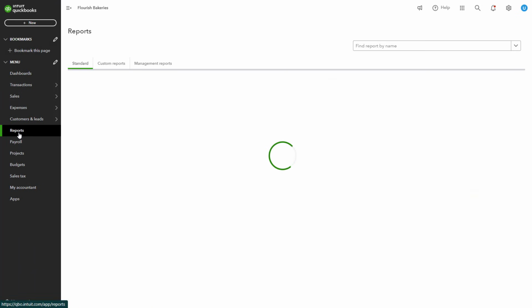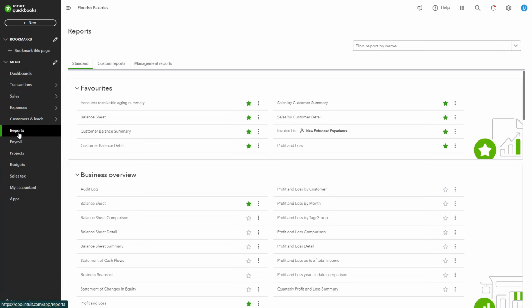QBO offers a variety of customer reports to help you monitor and analyze your customer interactions, sales performance, and outstanding balances. Starting off with the Customer Balance Summary. This report provides an overview of all your customers' outstanding balances. This report helps you track which customers owe you money and how much they owe, allowing you to prioritize follow-ups